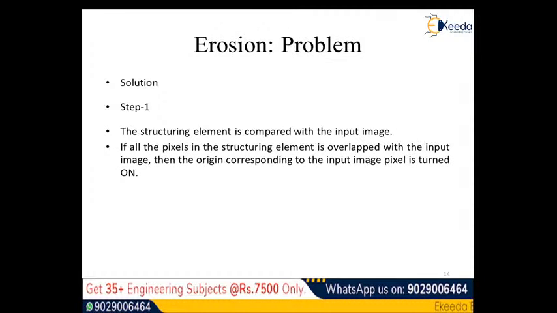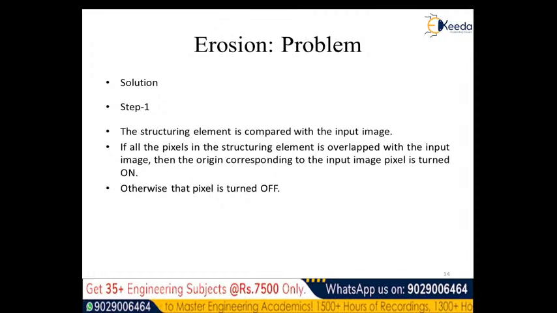So it is basically producing that much portion of the output which is matched with the structuring element. If it is not matched, that is the otherwise condition, the pixel does not appear in the output,